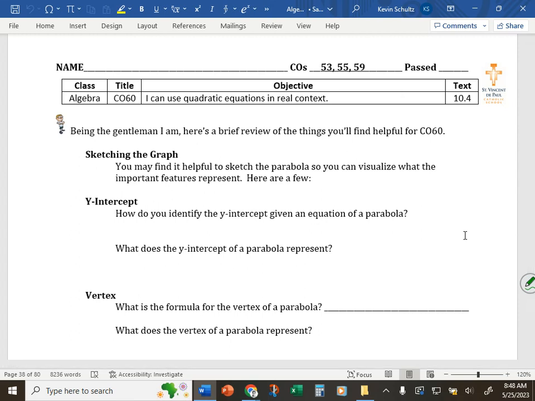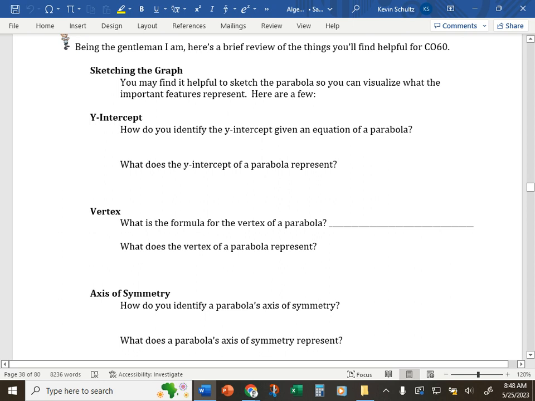We have reached the end of our unit, and for all intents and purposes, the end of our year. This will be the last objective that we covered, and it's the one that we've been building to this entire time, which is actually how do we use parabolas in the real world, right? What's the context of parabolas? And so everything that we've done prior to this,